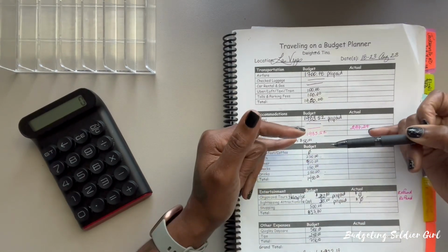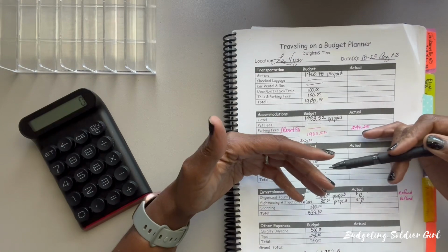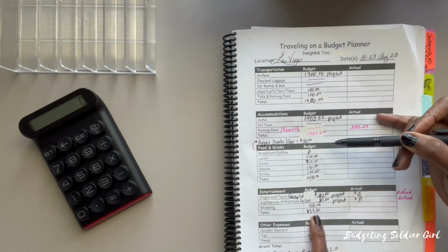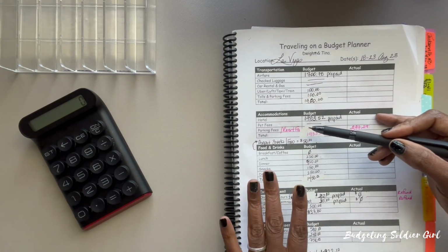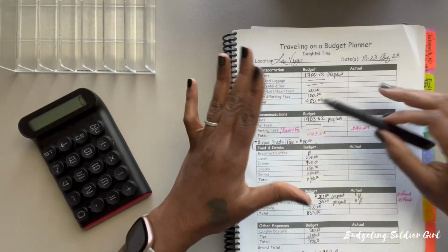That was a small amount as well because most of the time we go to the lounge and the food and most of the drinks are free. For entertainment, we budget $837.80. I prepaid for a helicopter ride and go-karts, which cost us